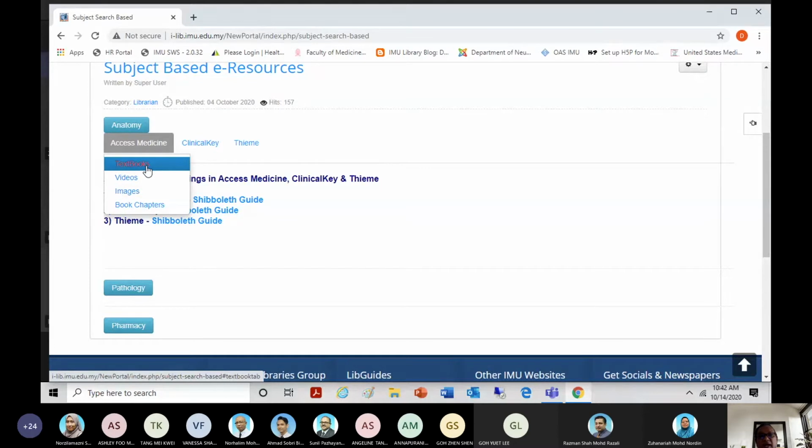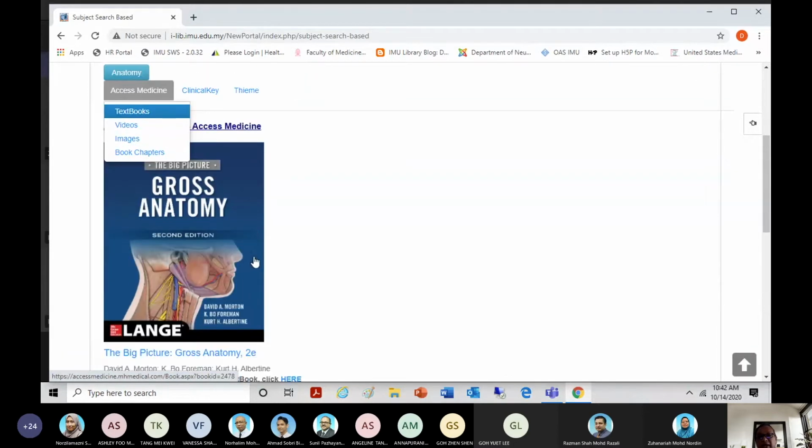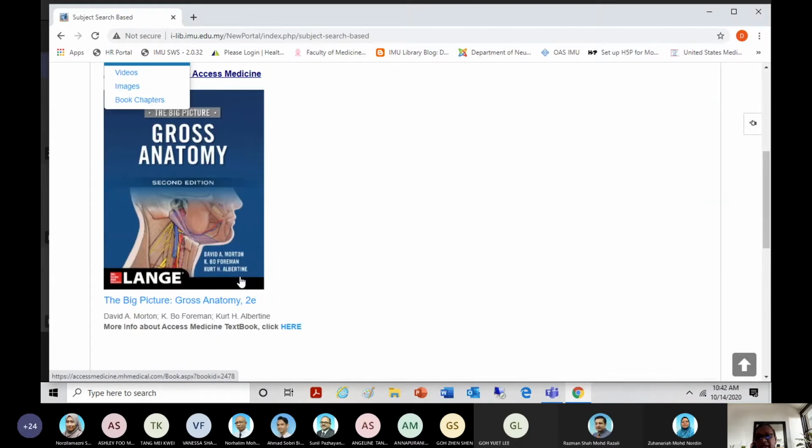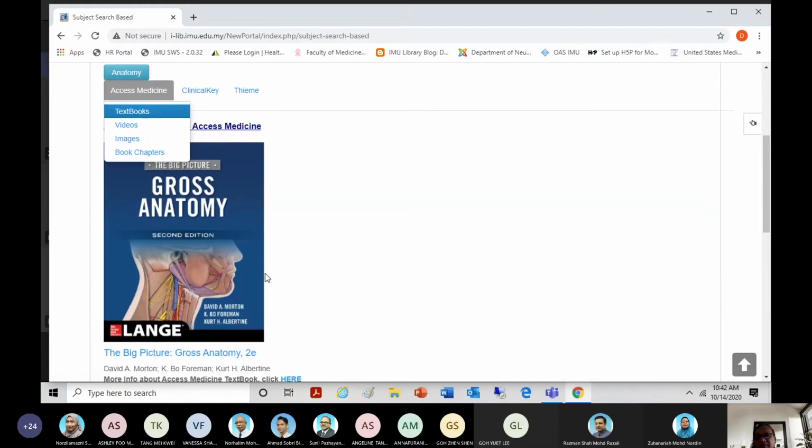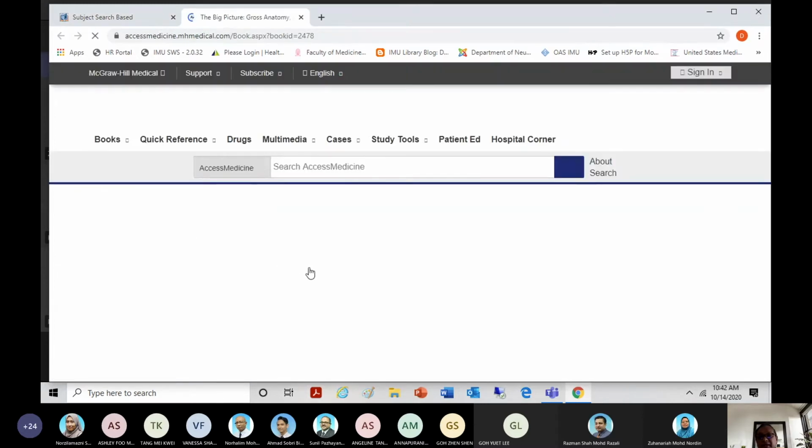So under this textbook section, we have put only one, and we have gone through the different books and we find that this book has a lot of pictures, and very simplified information about human anatomy. So if you click this book, you can find different chapters.